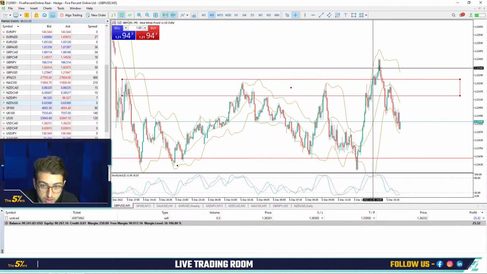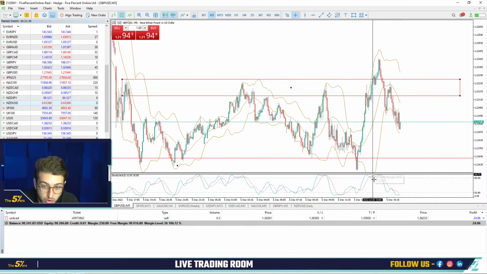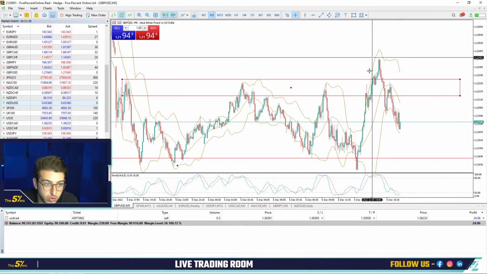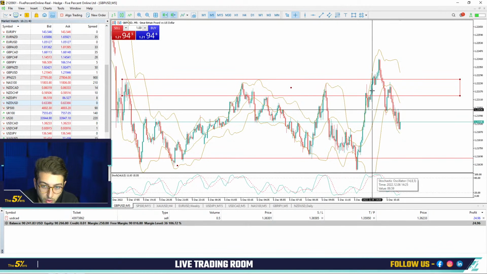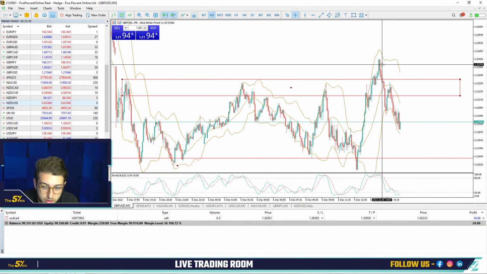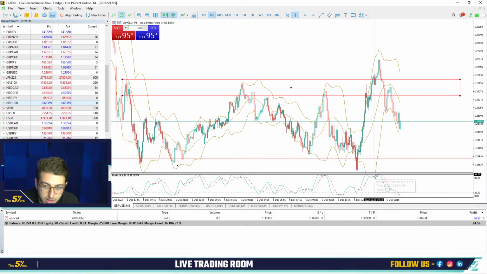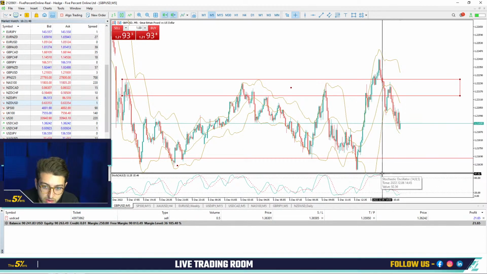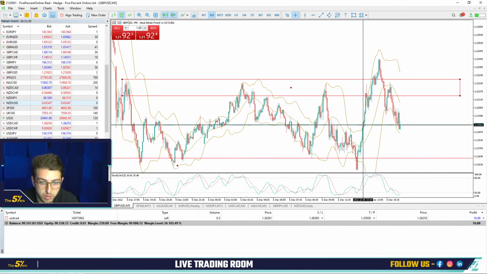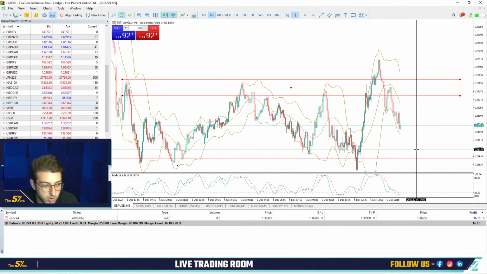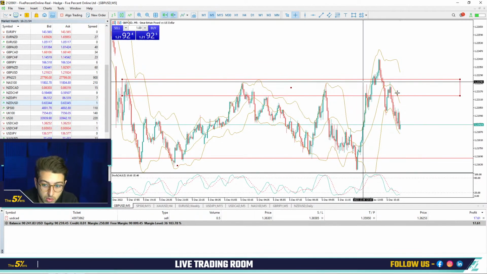Okay, this point here. And you see also here on the M5, I don't actually have volume in the pound dollar, but I believe that the volume with this movement is probably quite low. We are here also above the 80 stochastics, probably another extended movement in the M5, and we already get the rejection. So yeah, we can see it very clearly.